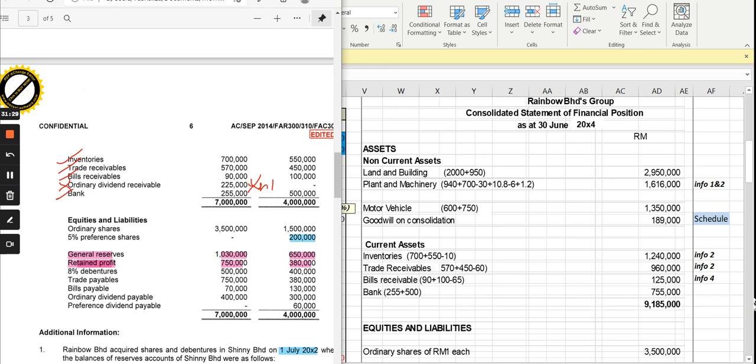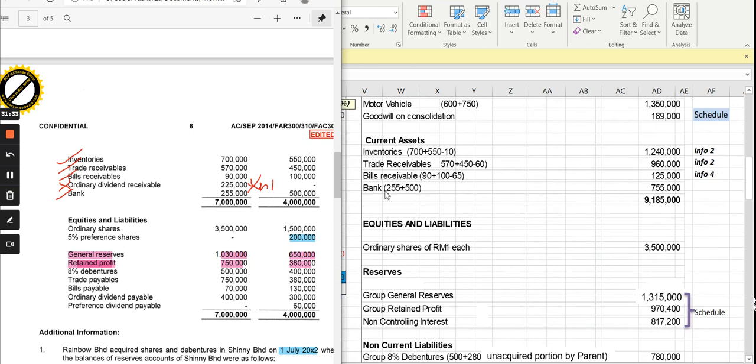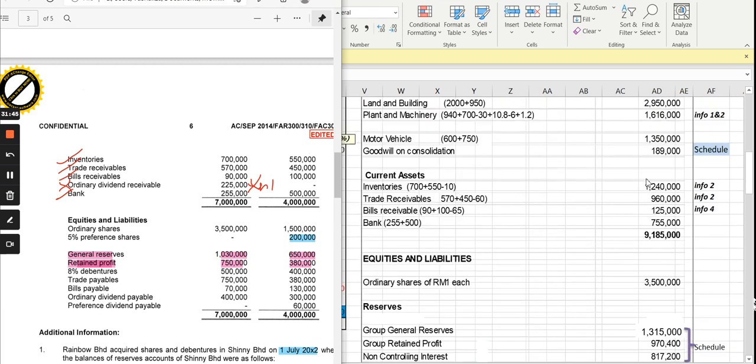Bank balance, you just add the bank balance. You can see here the bank balance, just add them. Bill receivable, we deduct with the inventories, we deduct with the unrealized profit 5501240, right? The trade receivable, we add them and then we deduct with the intercompany receivable balance, the unpaid amount